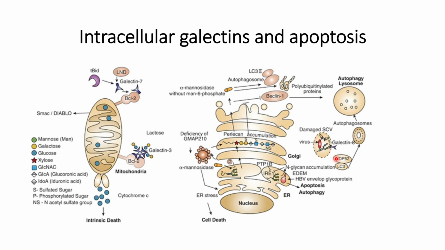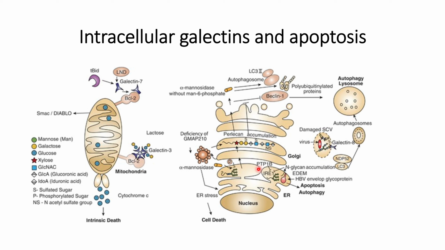Simultaneously, it forms a complex with NDP52 and LC3 and interacts with the autophagy machinery in such a way that the autophagosome covers this damaged SCV,